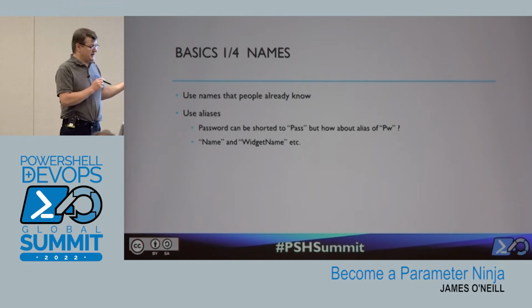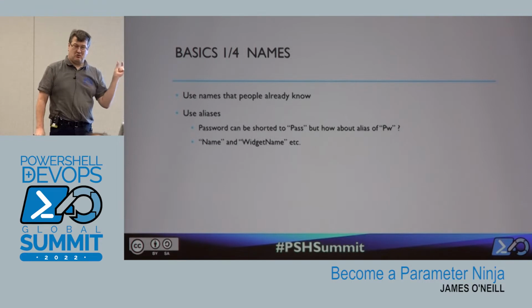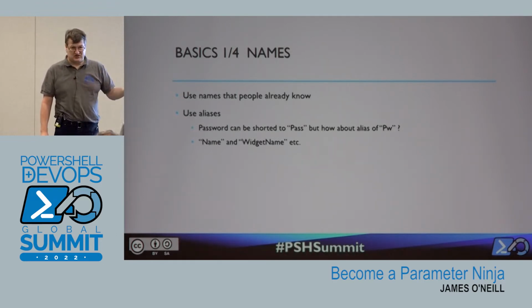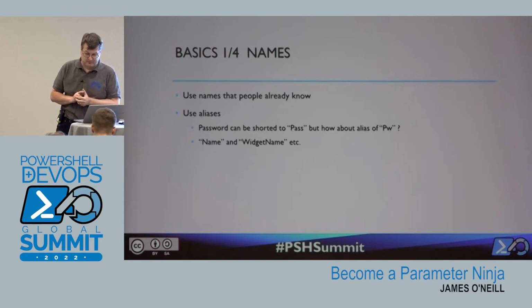You can also create aliases that will disambiguate short names. So if you've got two parameters which condense down to the same couple of letters and then aren't unique, well, you can make one of those an alias. And for things like pass-through or password, PT for pass-through, PW for password, and that kind of thing. And if you've just got name, then name of what it is. Sometimes that's helpful as well.